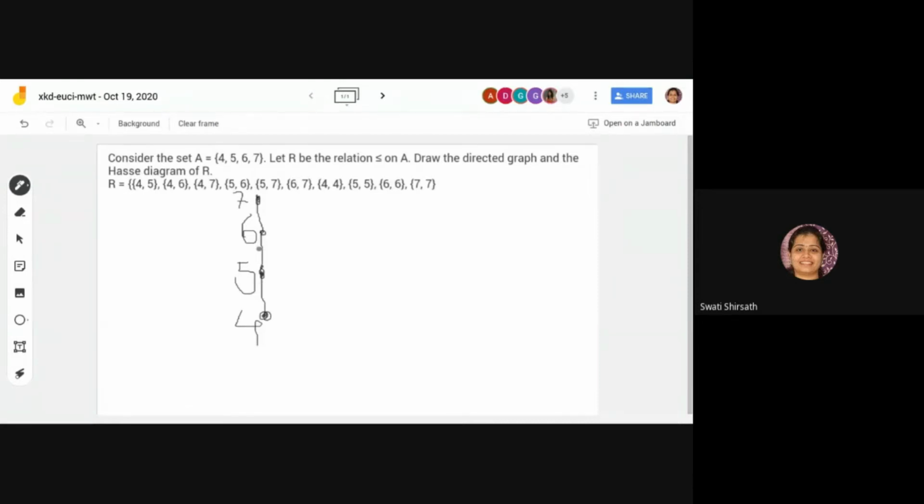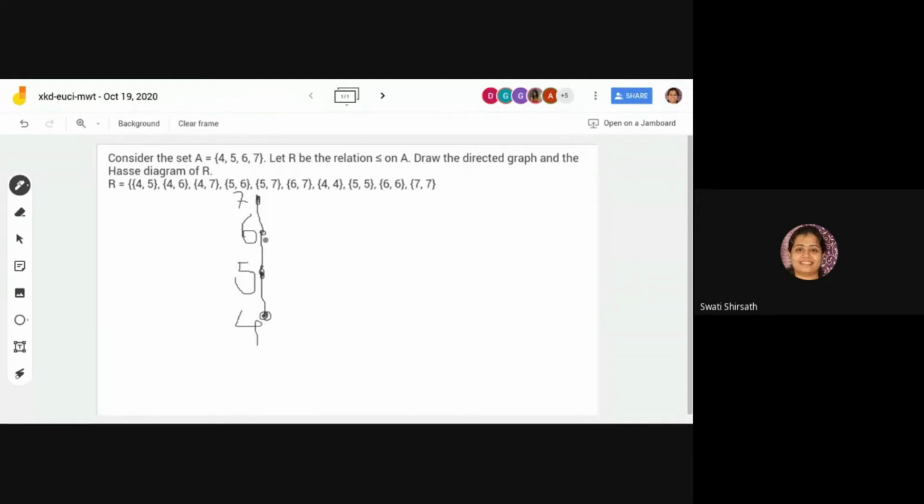This is transitivity. Yeah, see here 4 to 5 is there, 5 to 6 is there. It means 4 to 6 is there. See, can you see this pair? So transitivity is satisfied. So 4 to 5 is there, 5 to 6 is there, it means 4 to 6